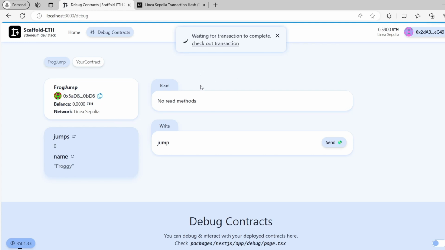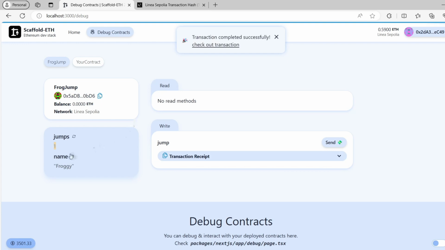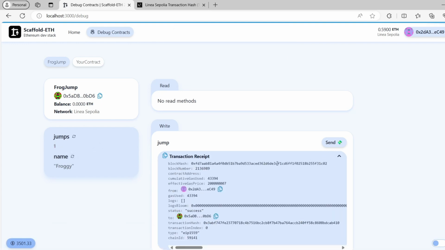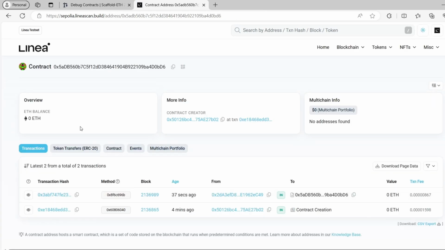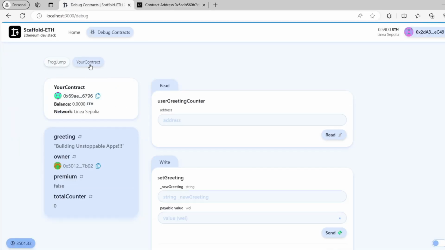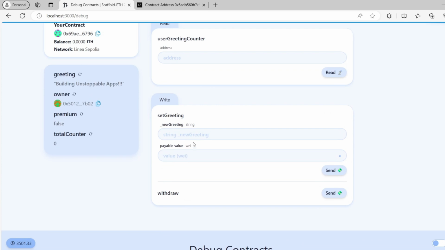Yeah, it was loading. As you guys can see, the number of jumps was increased and it was showing the transaction receipt. You can also check out our contract, guys, that we just created. This is our smart contract that we just created. Next, you can also check your contract also. So let me say that